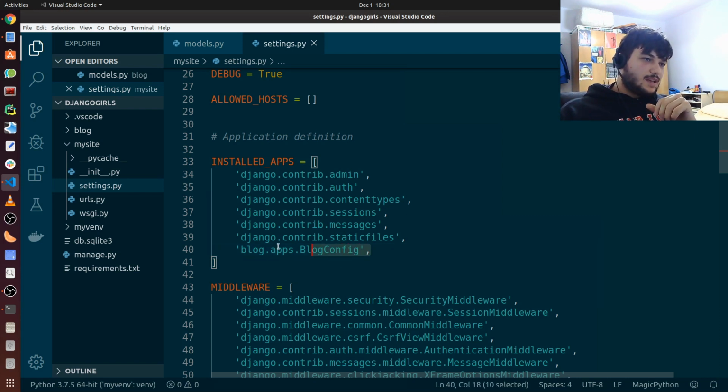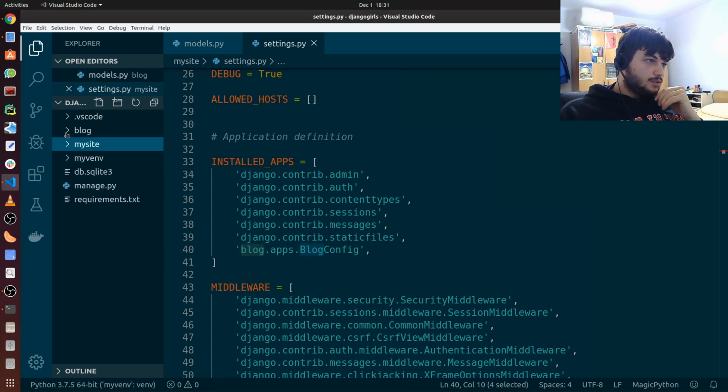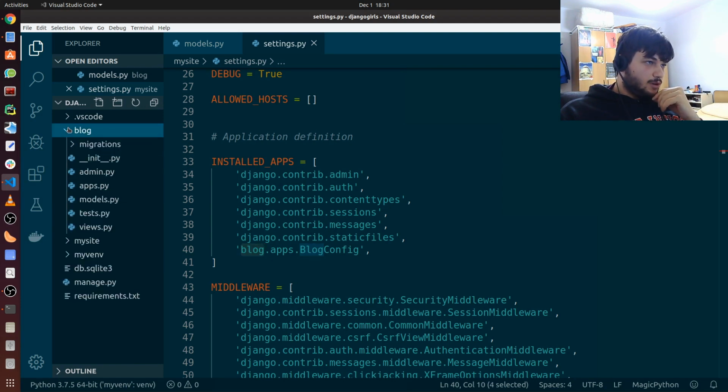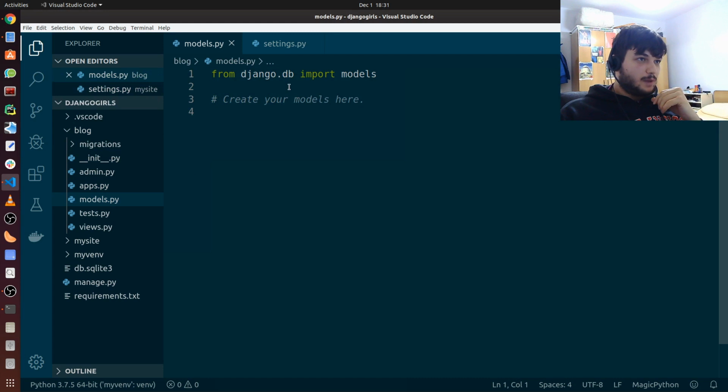So what this line here does is tell the Django project that we have a new app on this project, and it's called blog. Okay, so after we have done this, we can continue working with our model. So again, to work with our model, just go to the blog folder and in the models.py. Okay, here,